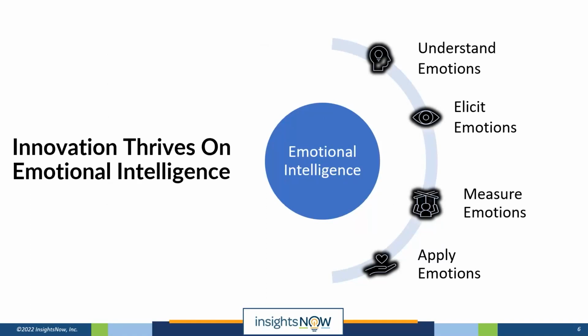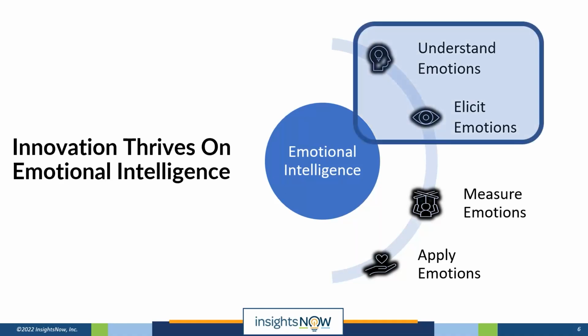Now, last week, we also talked about understanding what emotions are and what they're not. And we also talked about how they're elicited. And one of the things we talked about was the fact that innovation is really thriving on emotional intelligence, because products and innovations that are successful are really emotionally relevant to people. Now, you can have some good trial of products that don't connect emotionally, but if you really want your product or innovation to stick, to change a person's life, to make their lives better, you've got to be able to connect very well emotionally.